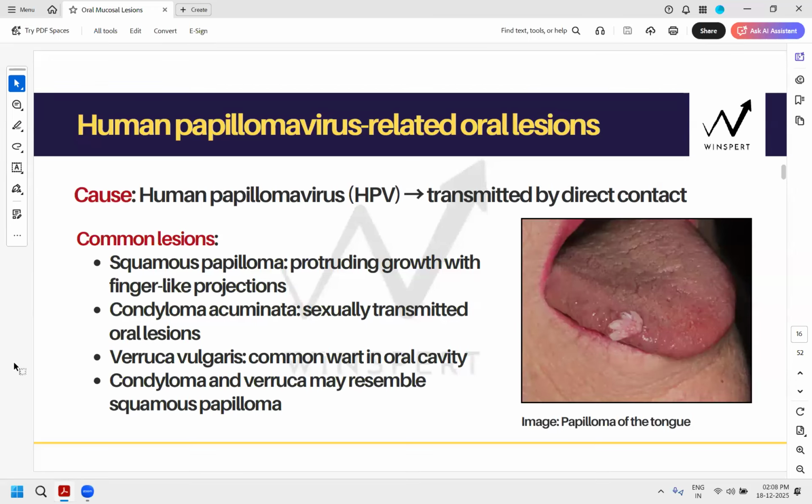Human papillomavirus related oral lesions, which are your papilloma of the tongue. Now you have to remember HPV can give you two kinds of lesion, benign and malignant, because I just told you a few minutes back, HPV related head and neck cancers and HPV related papillomas. They are two very distinct lesions. HPV can cause benign lesions, HPV can cause malignant lesions. When you find HPV related cancers in the mouth, you will send your patient for what testing? HIV. Absolutely. Beautiful. You are listening.